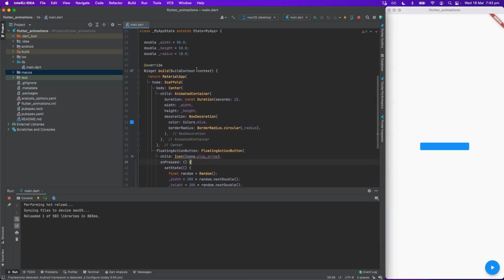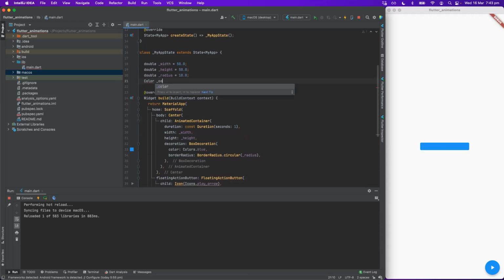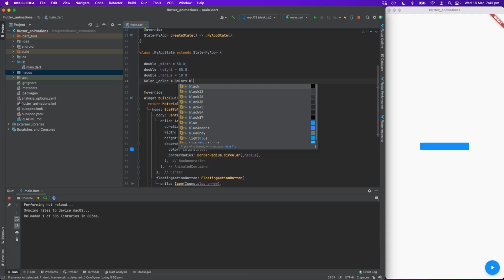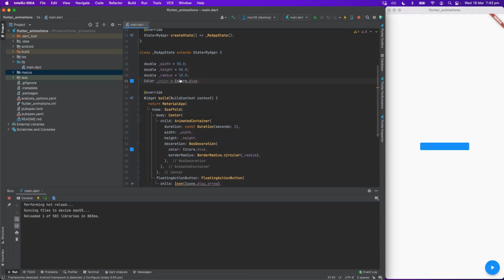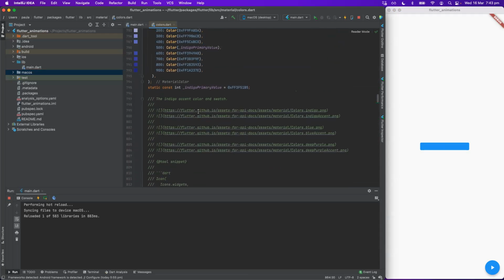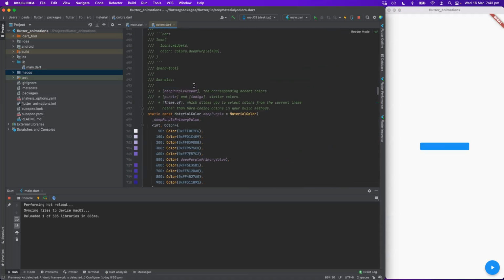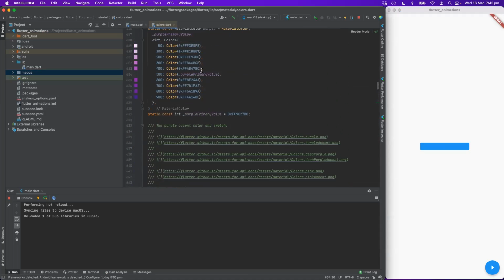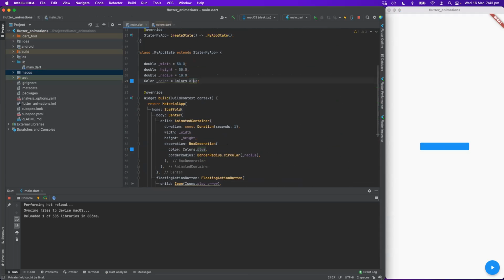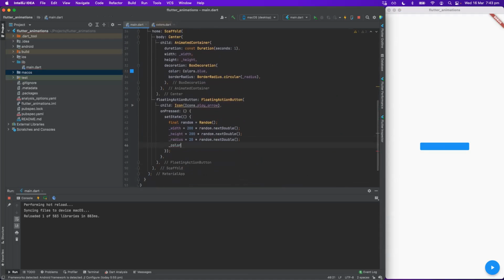We can also add changing color to that. So let's say that we want to start with this simple blue. Oh, and by the way, these colors, they're also coming from the material design. So there is a set of all the colors according to the material design guidelines. So if you want to have like a color palette, you can just use them. So yeah, that's a good starting point.